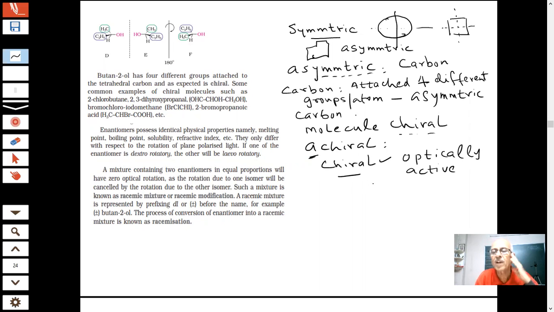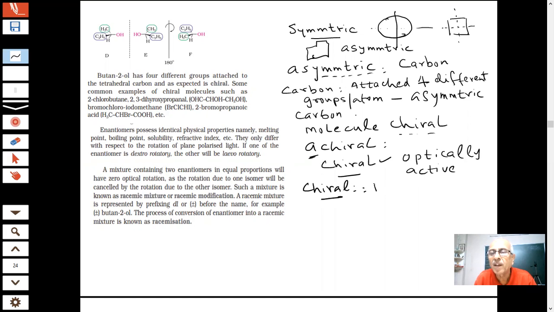A molecule can have more than one chiral center also. In glucose, there are more than one chiral carbons. So there are many optically active isomers of glucose, many, not one. So we have to see if the molecule is chiral,